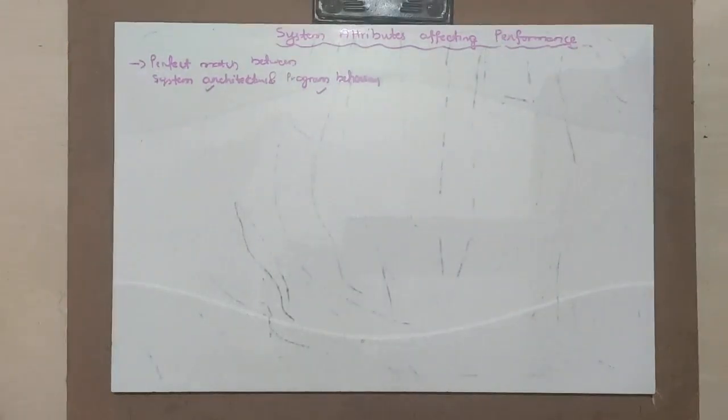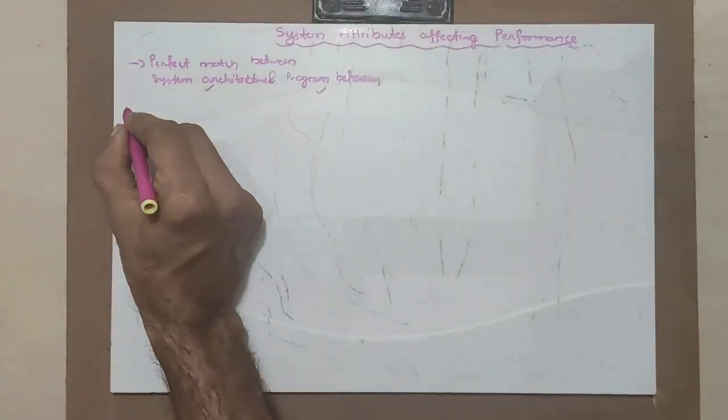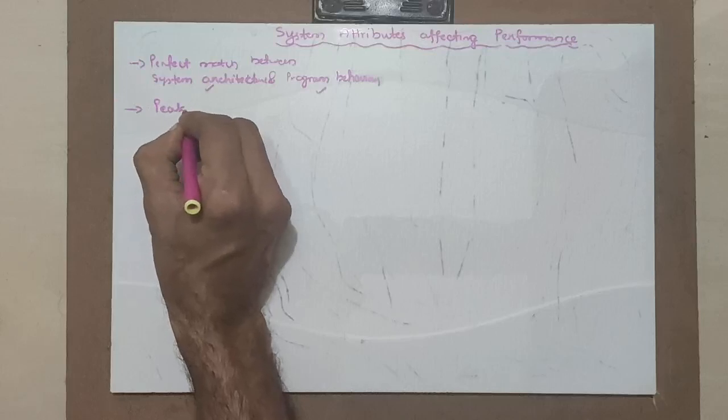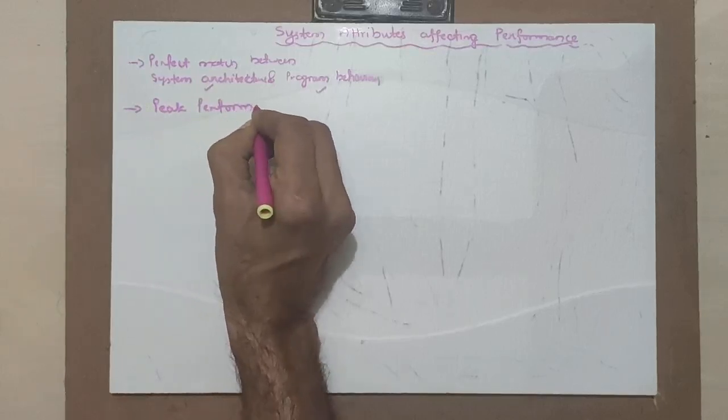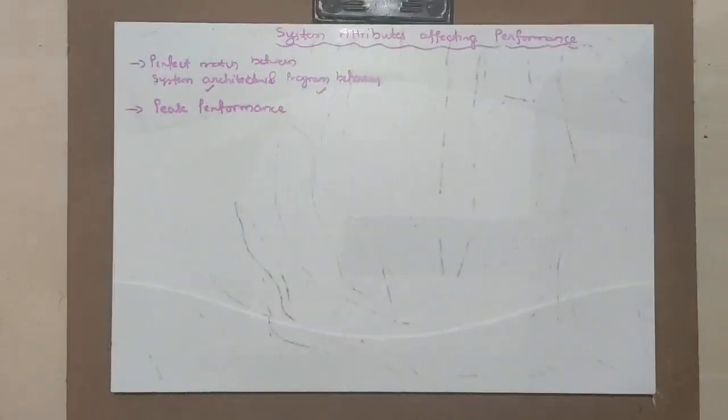So as to execute a given task, there must be a perfect match between these two, which is very difficult to find, and hence peak performance is very difficult to achieve. One should note this. Hence what happens is, the performance of a system is distributed over tasks. A computer which is good for one task may not be good for another. Hence, the performances are distributed over a range of different programs. One should note this.